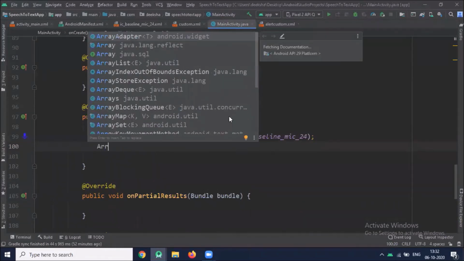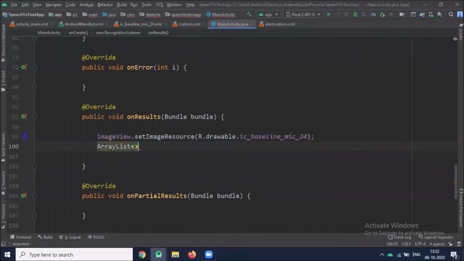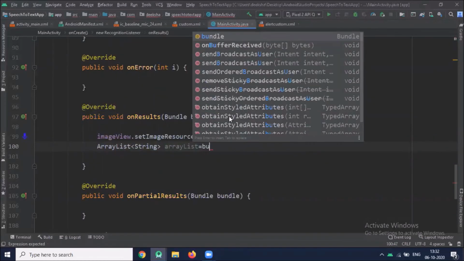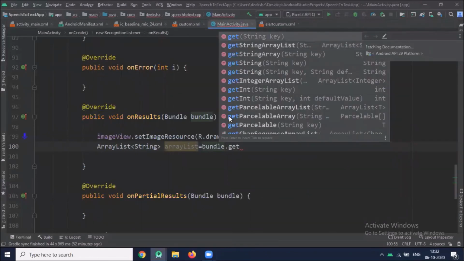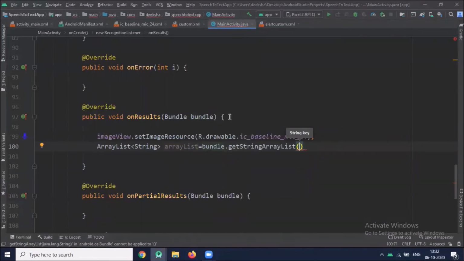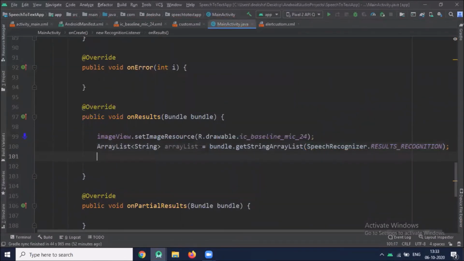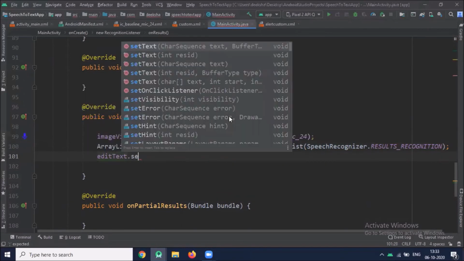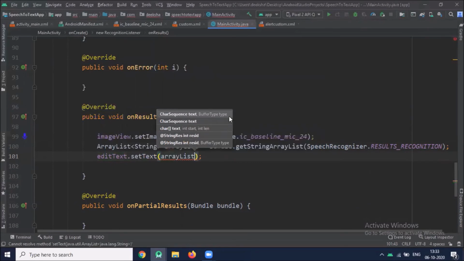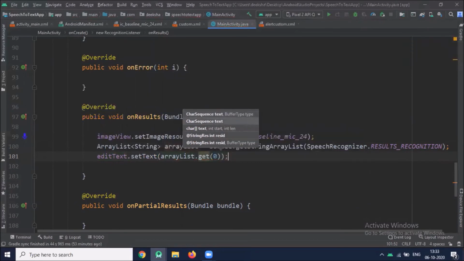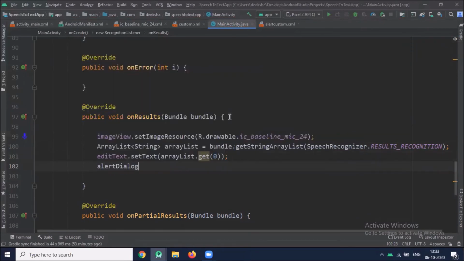So here we create an array list of type string. And here we dismiss our dialog.